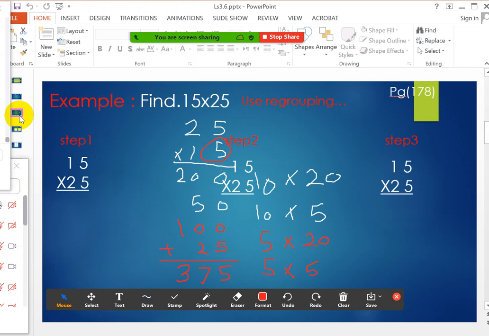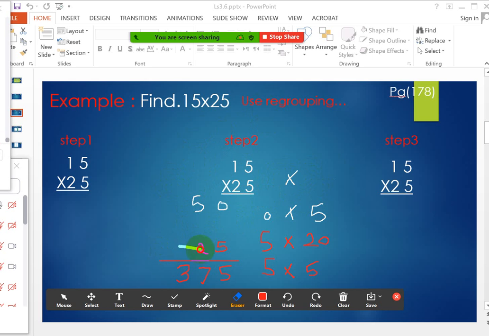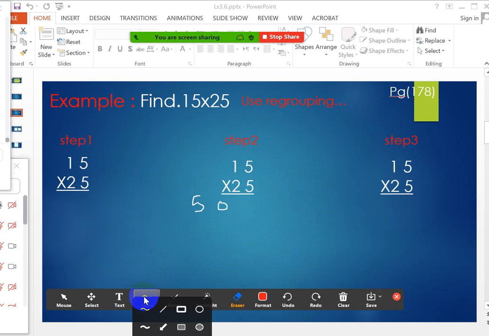Now let's move to the second exercise on page 178. I will erase those. Okay. Now I want to multiply the same numbers with regrouping. So let's see how I will multiply the same numbers by using regrouping method. And you remember how to multiply with regrouping. Okay, so I will do this, the first step,